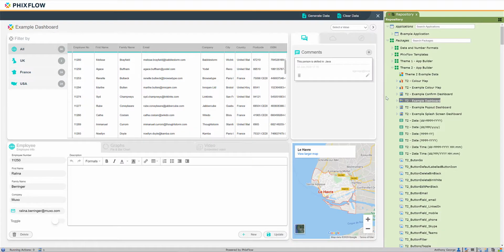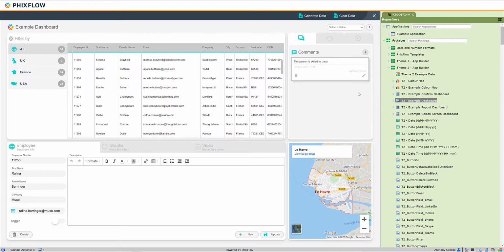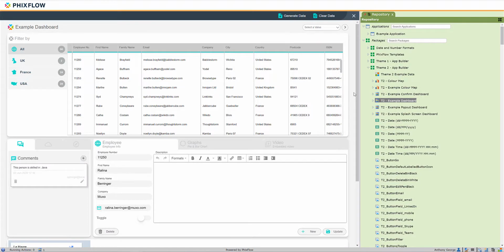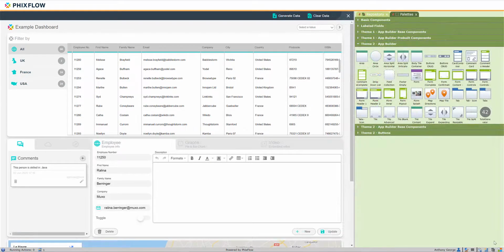In this tutorial we'll be exploring tiles, the central concept that Theme2 is built on. These tiles utilise CSS Flexbox to respond to the size of the screen of a device. This means as the screen size changes, the tiles will respond to fit the available space. There are several different tile types that are provided as part of Theme2, and we'll look at each of these